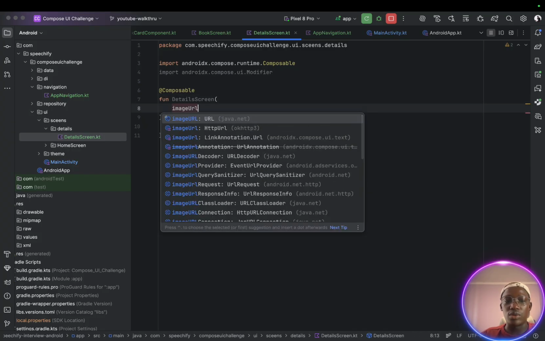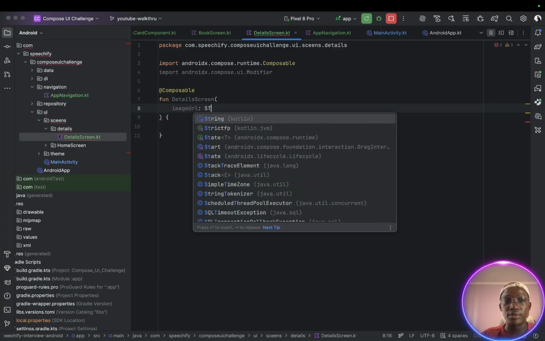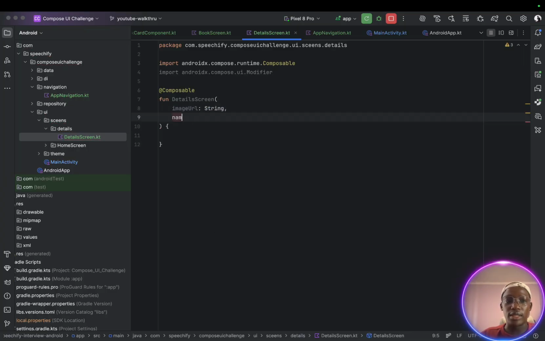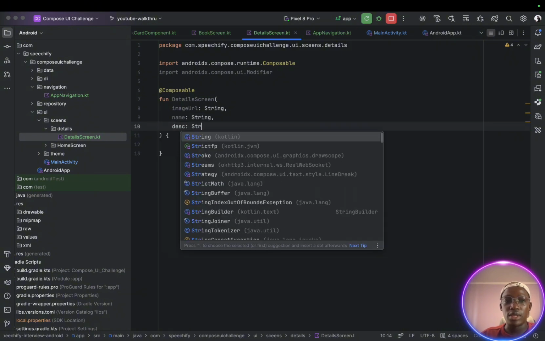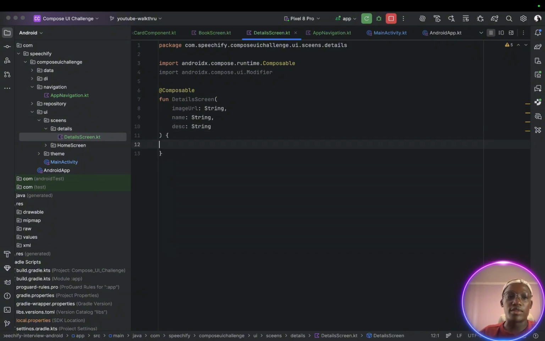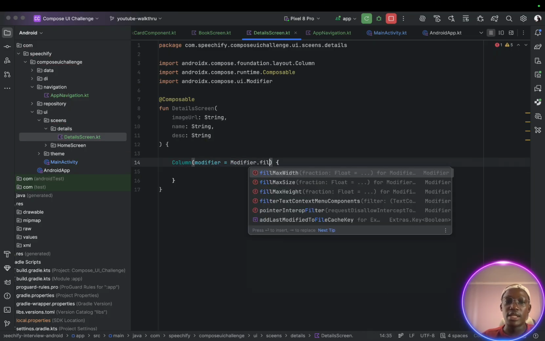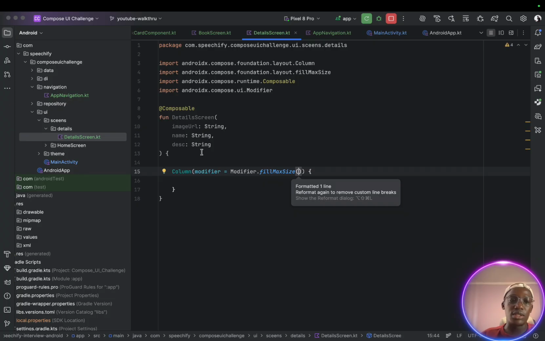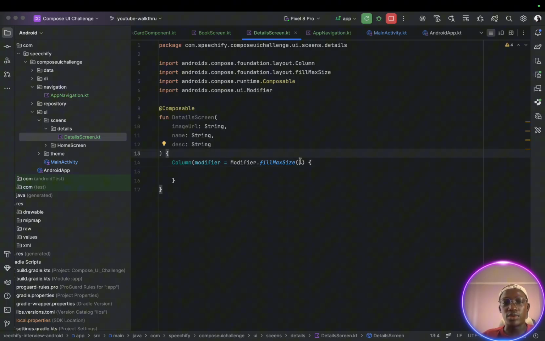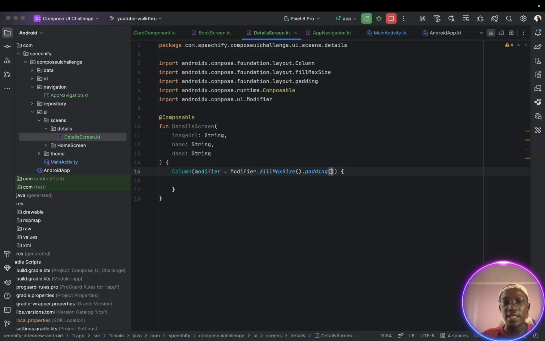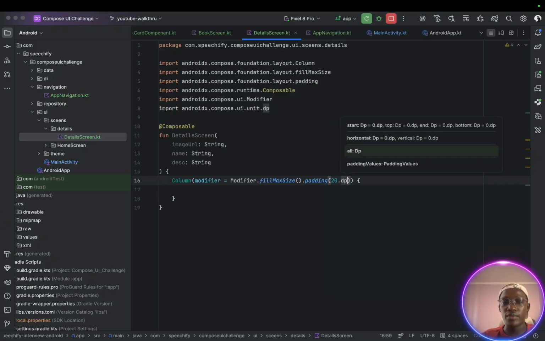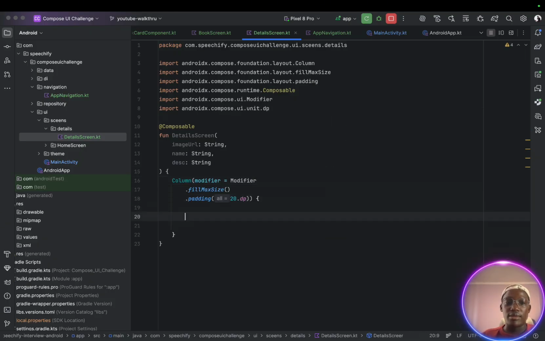image URL of type string. We're also expecting the name of type string, and for now you can just say description of type string. So make sure you also follow the naming conventions. Mine are just for demo purposes. So on the column, we can have a modifier of just fill max size. If you don't know the basics of all this, you will need to first go through the basics before you can do this. And then you can add a padding of 20.dp. And then remember, we add an